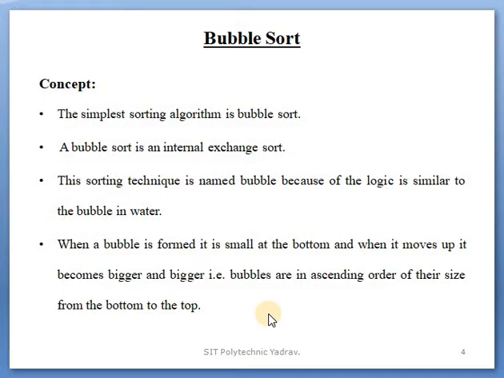That is enough. In these points we only said how this technique or method got the name bubble. Using water, how bubbles are created, how small bubbles move up to become bigger, and how those bigger bubbles are placed in their proper place from bottom to top, each bubble in its proper place. That logic is used in this method, so it is named bubble sort. Is that point clear?